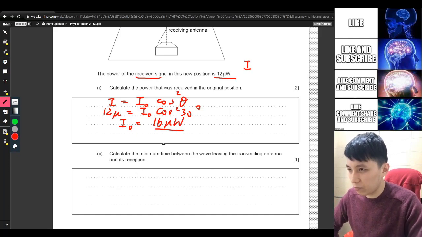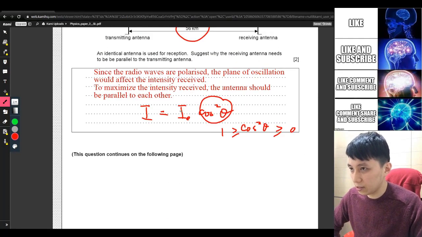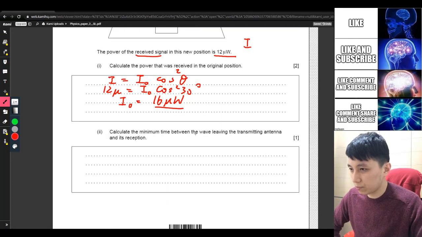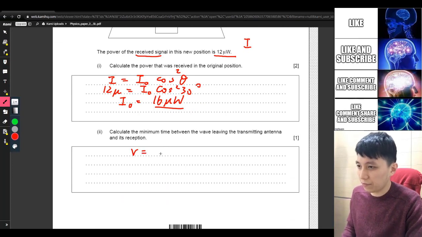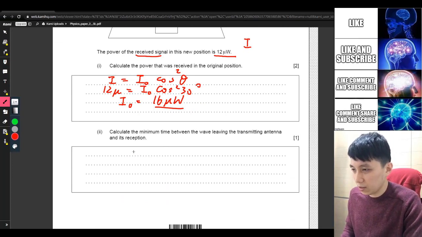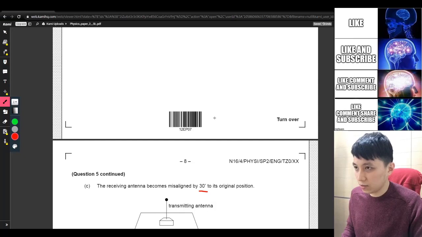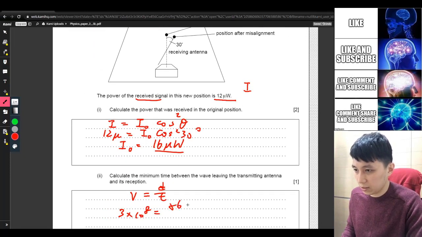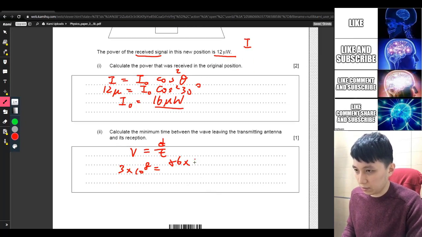Part 2, calculate the minimum time between the wave, and so on. So I think that's simply, actually, not the wave equation. It's just simply v, or speed, equals distance, displacement, over time. They provided the distance, very far, 56 km. So v is 3 times 10 to the power of 8. Distance is 56 km, so 56 times 1,000